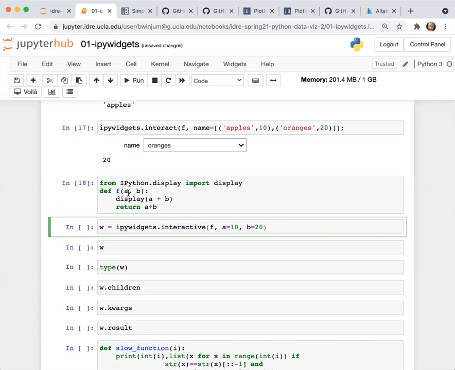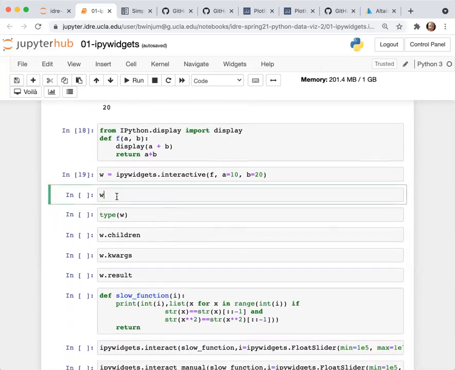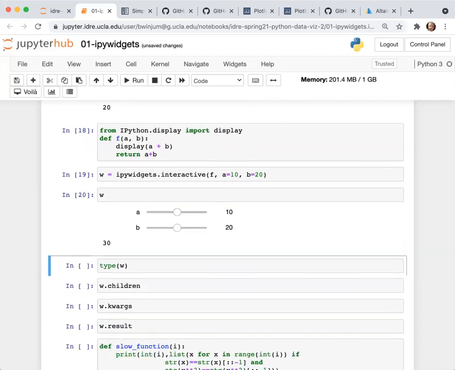A and b for the function f are both integers. So by default, this is still going to create integer sliders for a and b. When I assign it to a variable now, it doesn't actually output anything explicitly from executing the cell. But if I type w just by itself inside of the notebook, I can get it back. And it behaves similarly to what you might expect from above. So when I vary the slider, it varies by integer values for both a and b. And now it's displaying the sum of the numbers rather than just a single number.